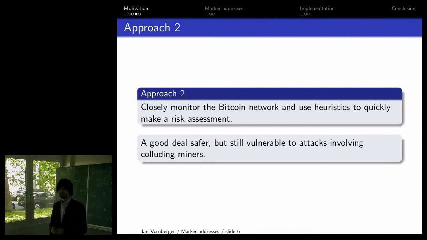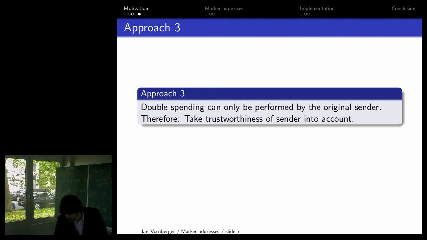I've written some more about it in my paper. I'm not going to go into details here, but personally, I think that these risks are still too high to really accept as a merchant who has high value transactions, for example, where it's not feasible to do this. So I tried to look into a third idea, which basically comes from the observation